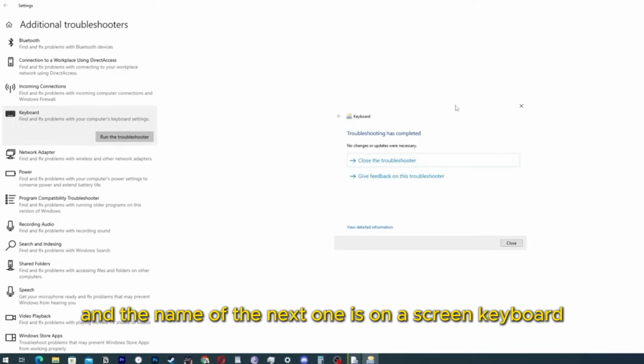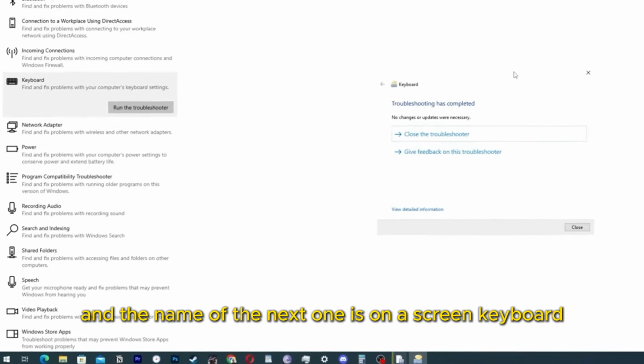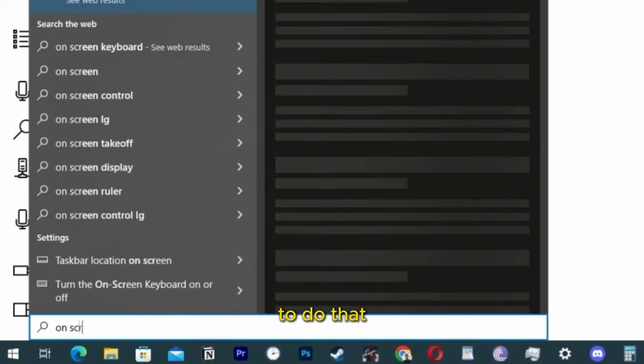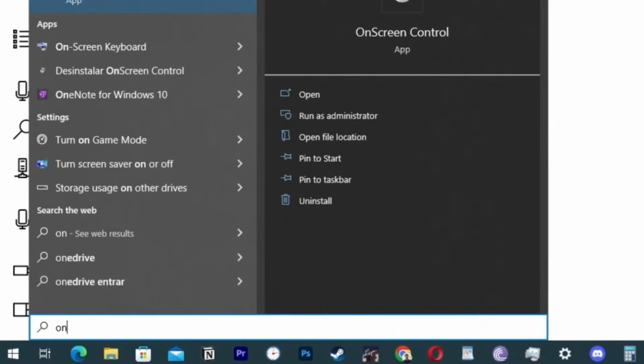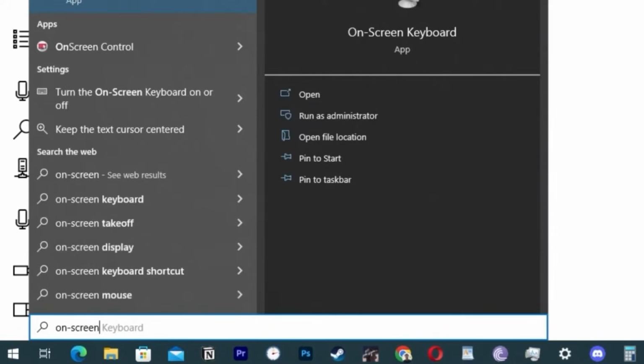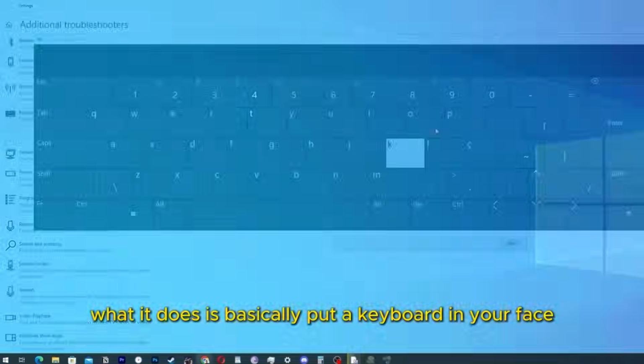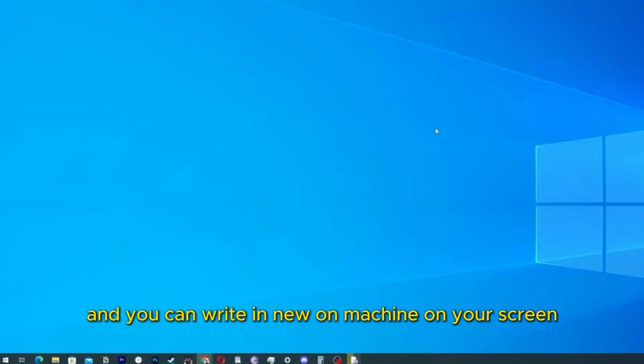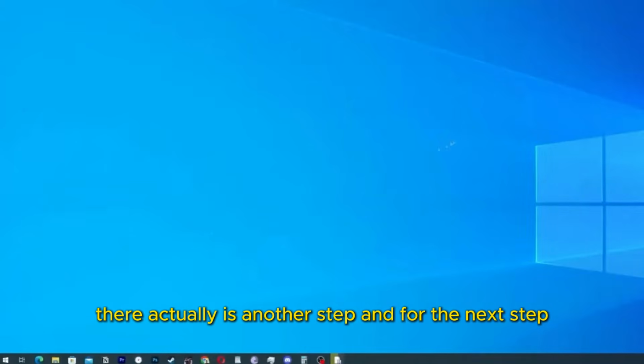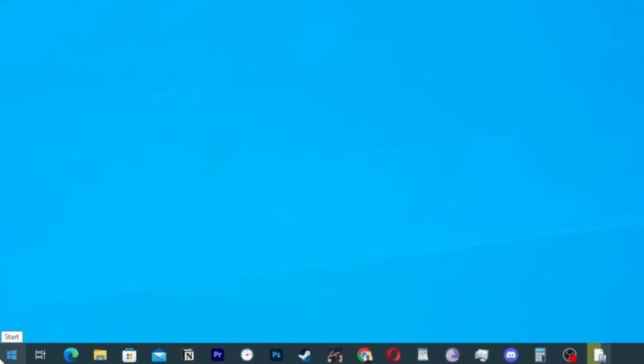on-screen keyboard. To do that, we are going to the menu and type on-screen keyboard. What it does is basically put a keyboard in your face and you can write on your own machine on your screen. There actually is another step, and for the next step we are going to the same place in